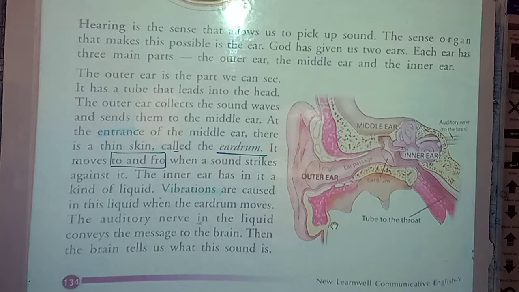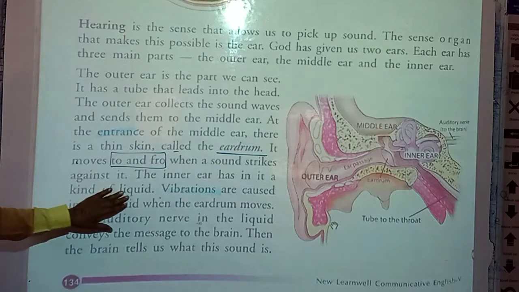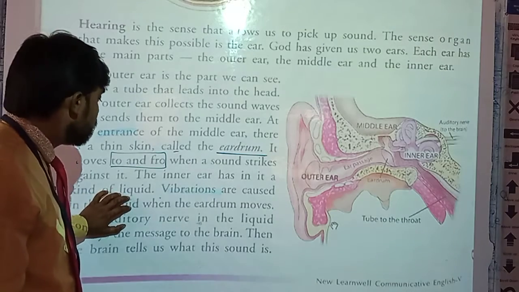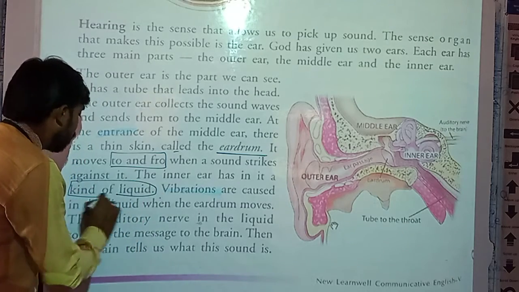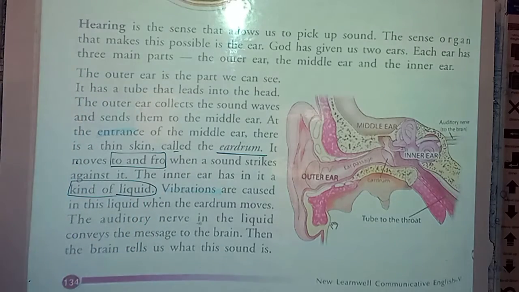The inner ear has in it a kind of liquid. What is here in our ear? A kind of liquid. Vibrations are caused in this liquid when the eardrum moves, and the auditory nerve